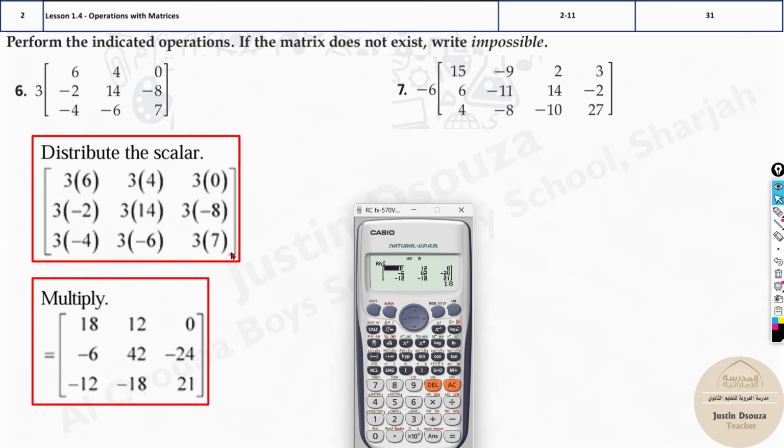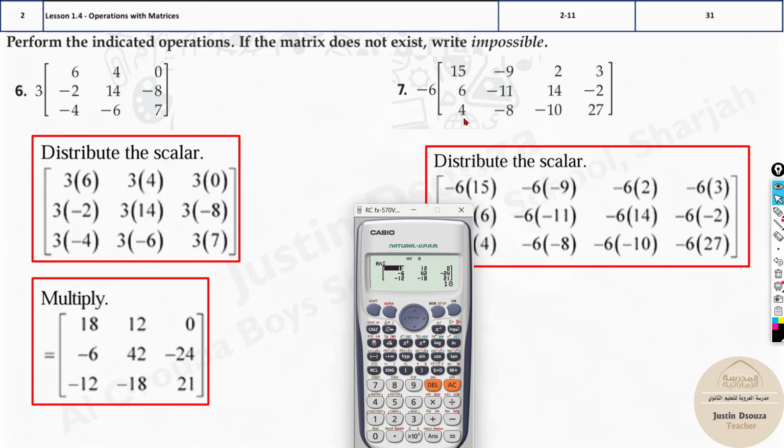You can rearrange it and write. And same thing over here. It's just minus 6. But the thing about this particular dimension, what is the dimension? Its rows are 3, columns are 4. If you go over here,